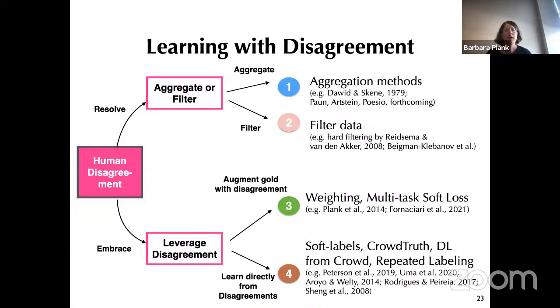Alternatively, there are approaches which directly learn from the distribution, where you, for instance, learn from the soft labels, or others which try to add different layers to model the crowd, or simply repeat the examples with the different labels and take that as an approach. But in the rest, I will go briefly into the third part, this augmentation, where you take disagreement as an additional signal in learning.